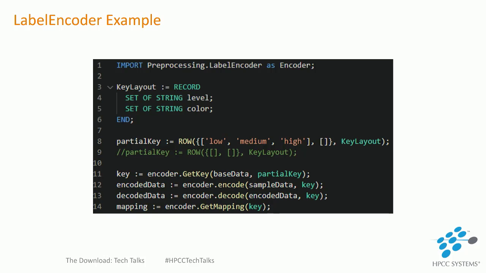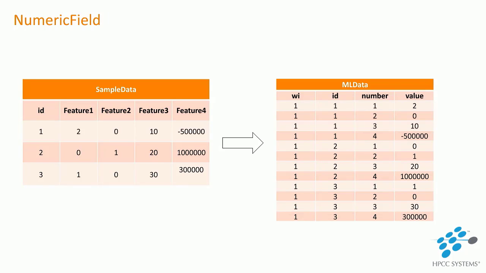And then you can use the getMapping function to visualize the mapping between the numbers and the categories assigned. So now, before moving on to the OneHotEncoder, we have to make a little parenthesis to quickly speak about a numeric field dataset. The numeric field dataset is the data type which is used by most of the machine learning algorithms in the HPCC Systems Machine Learning library, as well as all the remaining modules use a numeric